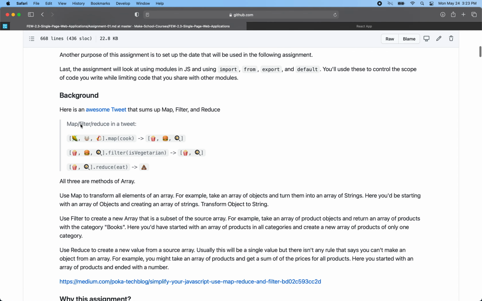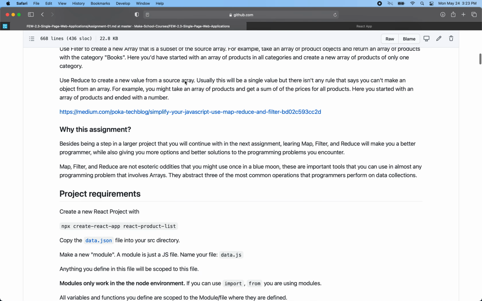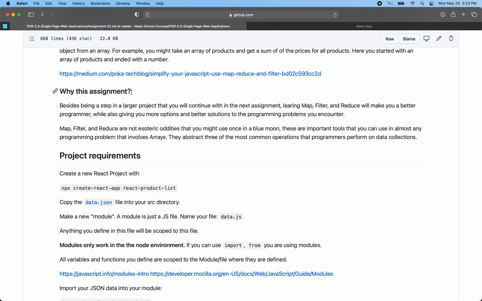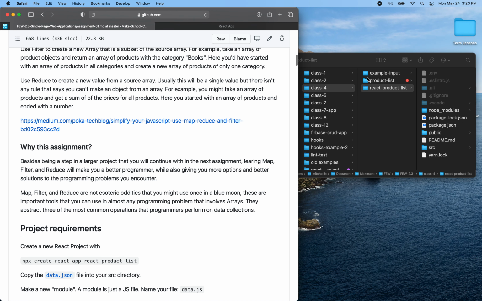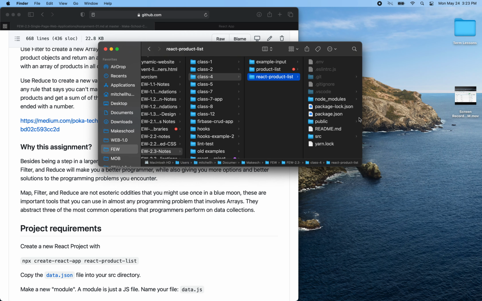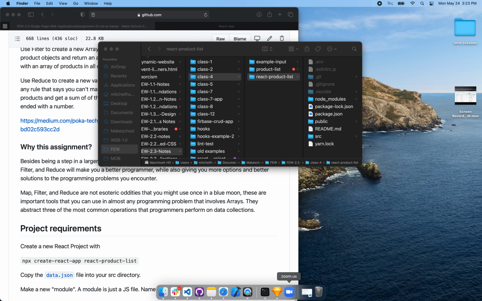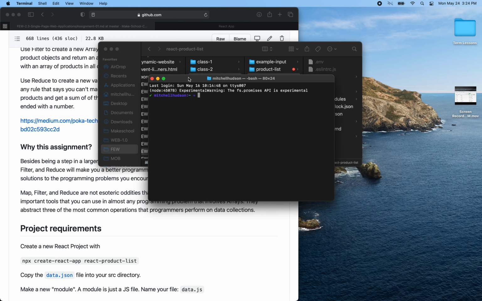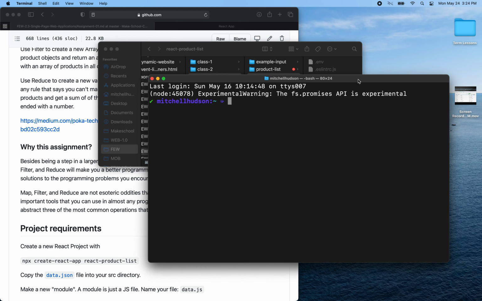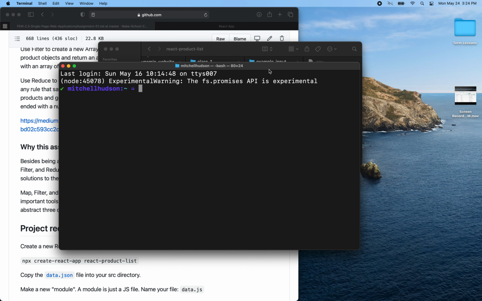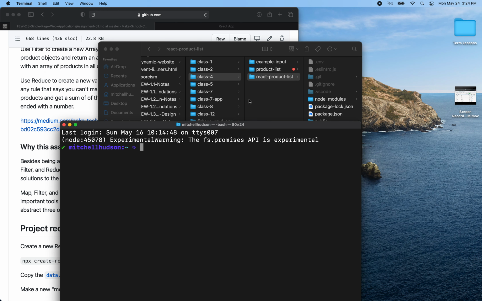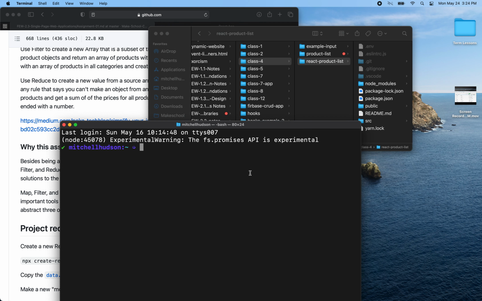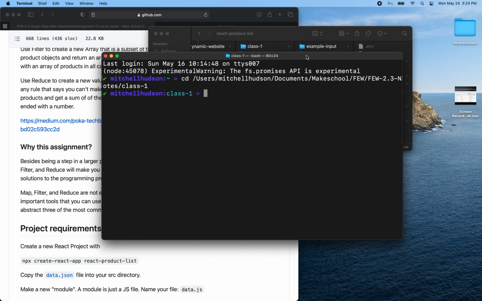So let's get started. You can read through this. I'm going to just get started, and then we'll come back to the lesson. The first thing I'm going to do here is open up a terminal on my computer, and I'm going to make a brand new React app. I think I'm going to put it in this folder over here. So I'm going to cd into my class 1 folder here, and then I'm going to make a brand new